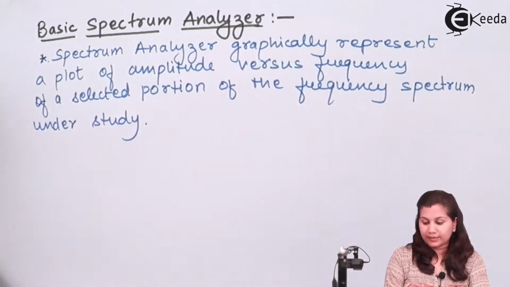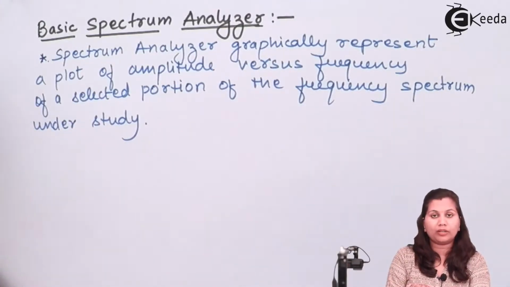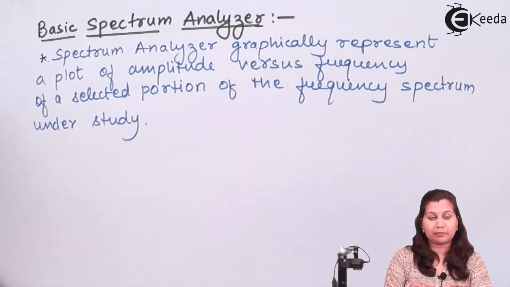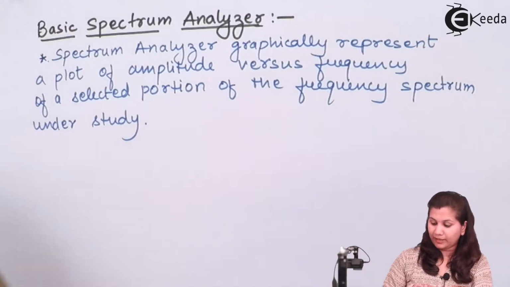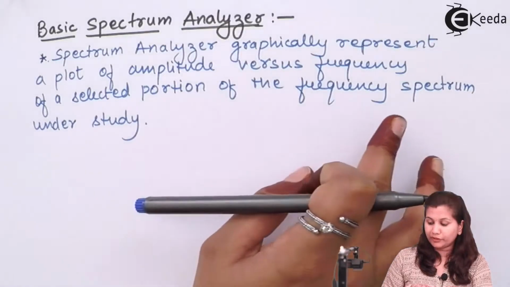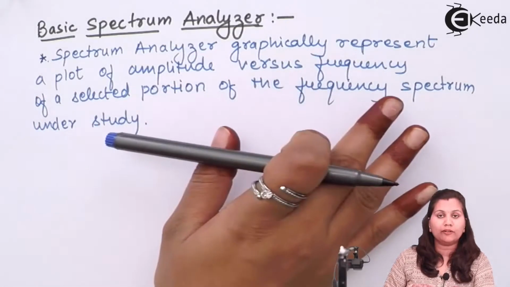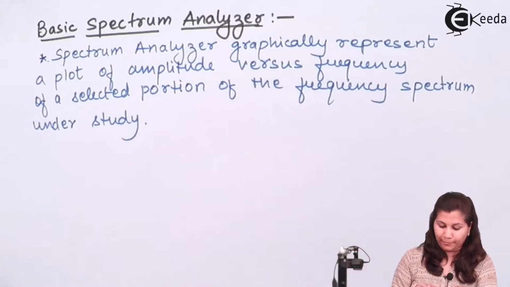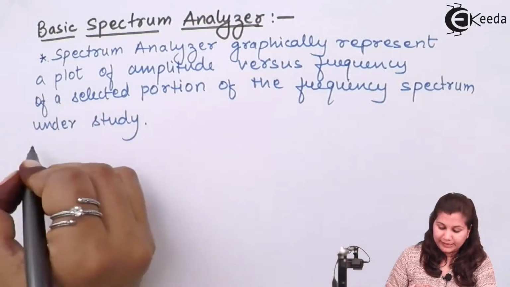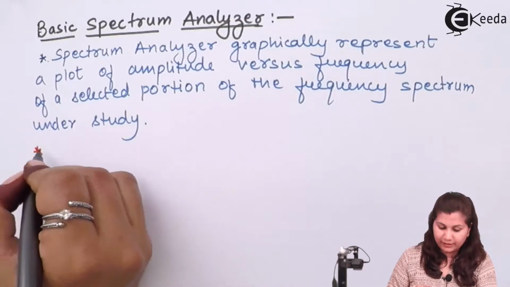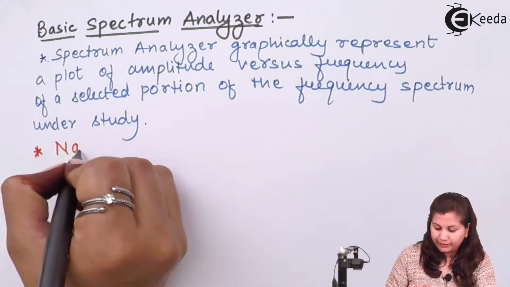So if we say that the spectrum analyzer, what it basically does is give us a plot of the amplitude versus the frequency over a portion of the radio frequency spectrum which is selected by us. So over a selected portion of the frequency spectrum, it is going to give us a plot of the amplitude versus the frequency. Now for this, the basic spectrum analyzer consists of a narrow band